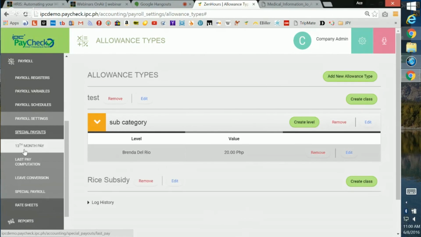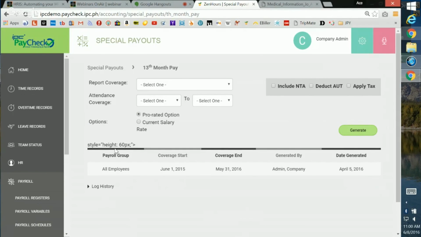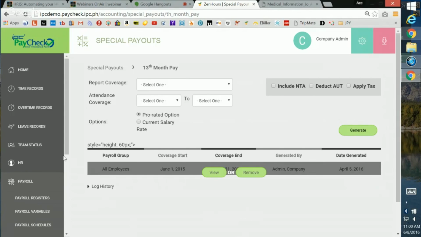When we talk about special payouts, we talk about 13th month pay, last pay computation, leave conversion, and special payroll. For 13th month pay, what's good about the system is that it automatically computes the 13th month pay of the employee, whether you want it at the end of the year, what day it is, and if you want to include the NTA, you want to apply taxes, you want to give it early December, late November,